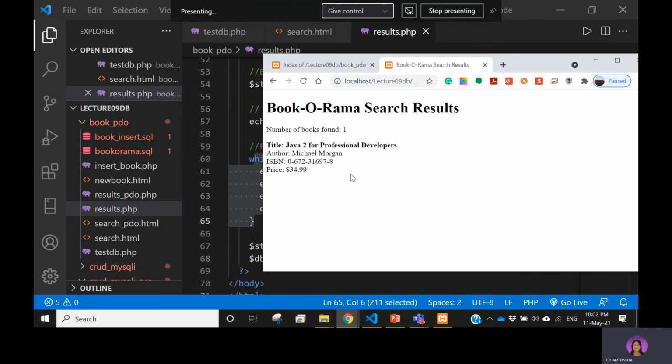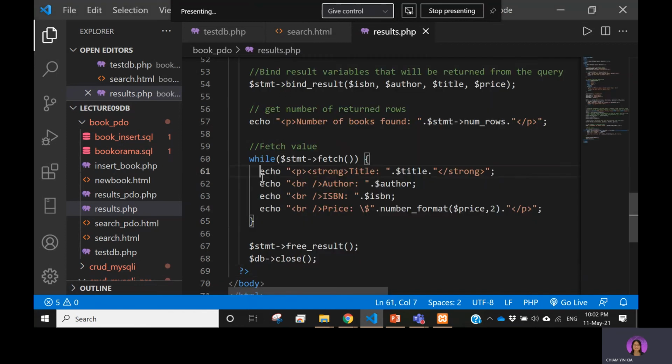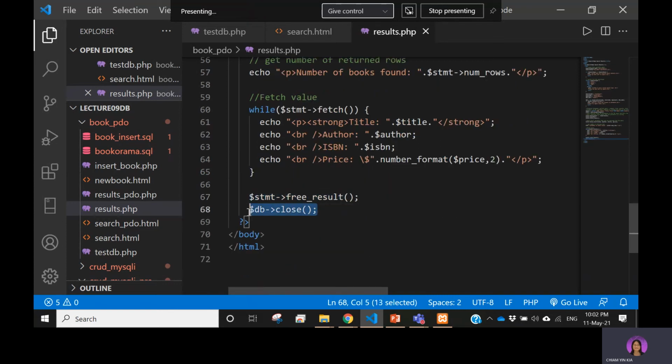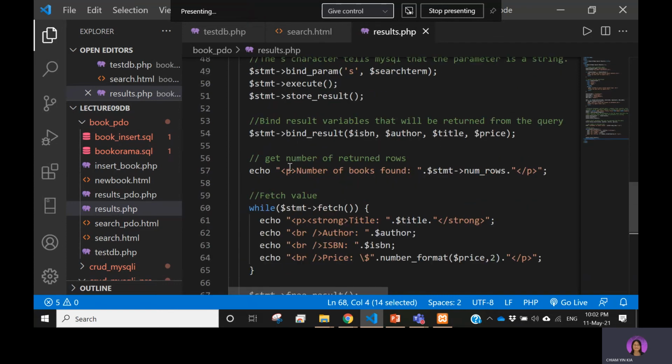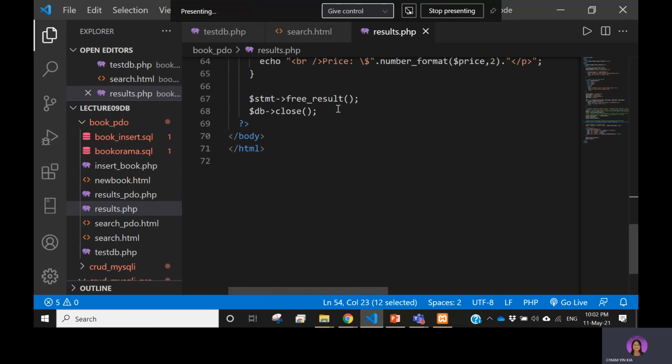Search Java, so it will show us in this format. So this appears here based on how we want to process and shows the response to the user at the UI side. Remember to free the result, and also because we use the bind result here, instead of close the statement, we have to use the free result